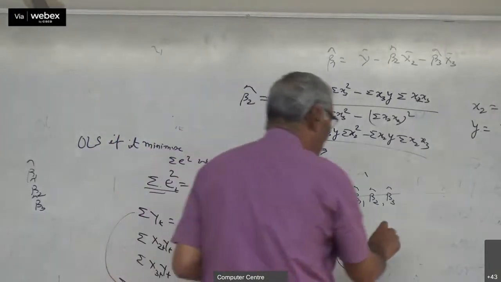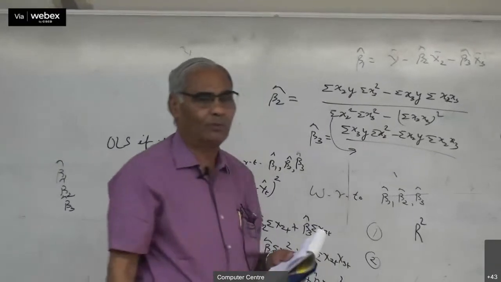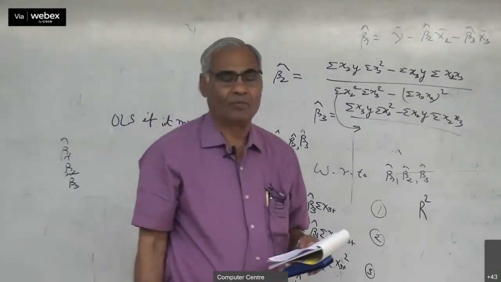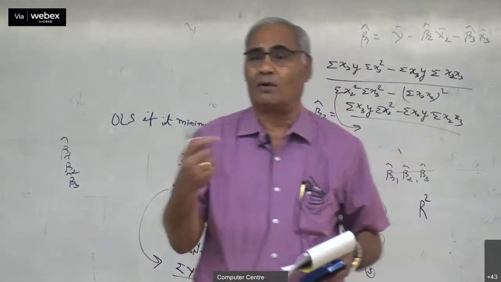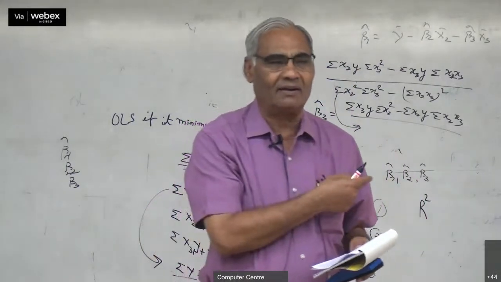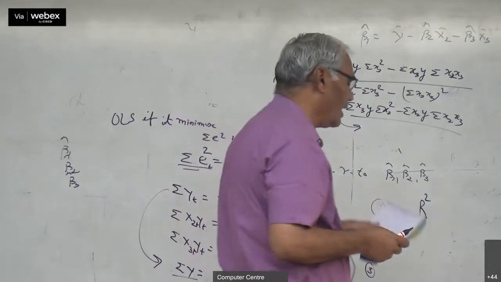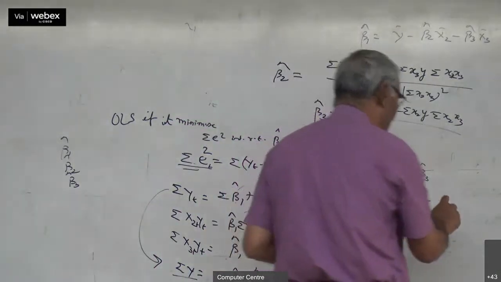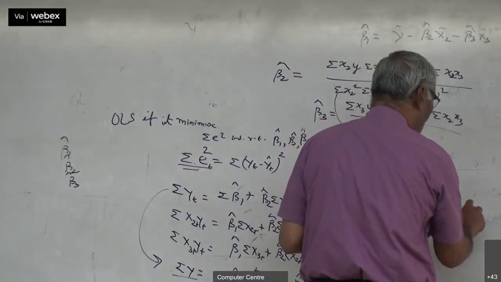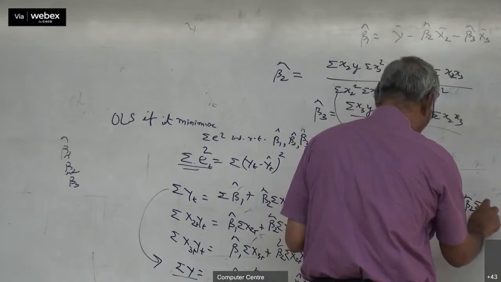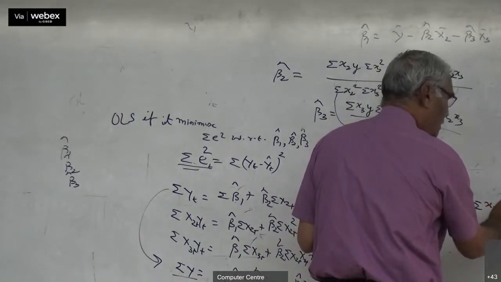Then we want the value of R square, the coefficient of determination. Now, in simple regression R square is nothing but the square of the correlation. But here it is not the square of the correlation, it is different. The formula for the coefficient of determination is equal to beta 2 cap summation x2y